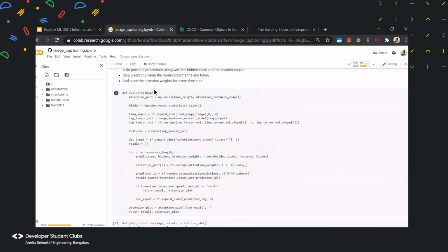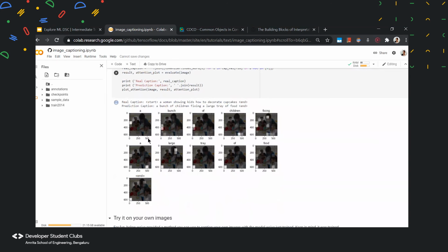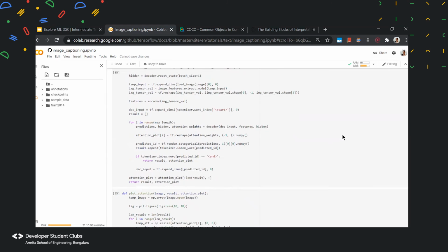We take our image as our input, and we are going to be returning the result, which is our entire caption, and our attention plot, that is those different images with those specific highlighted pixels or boxes, you could say. So this is the kind of output that we're trying to generate: the images with the corresponding word from the caption, as well as the highlighted parts of the image. And that's what it does.